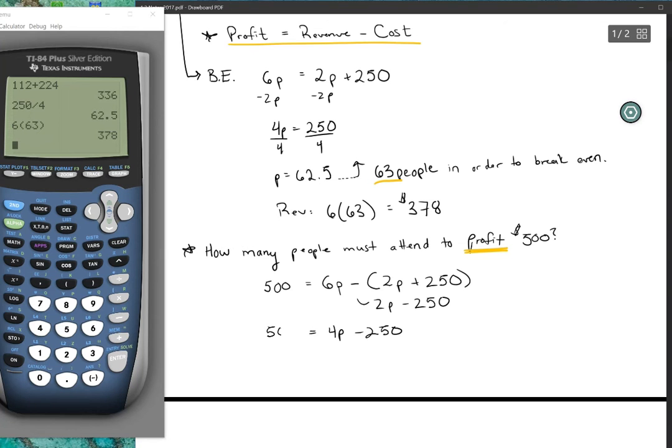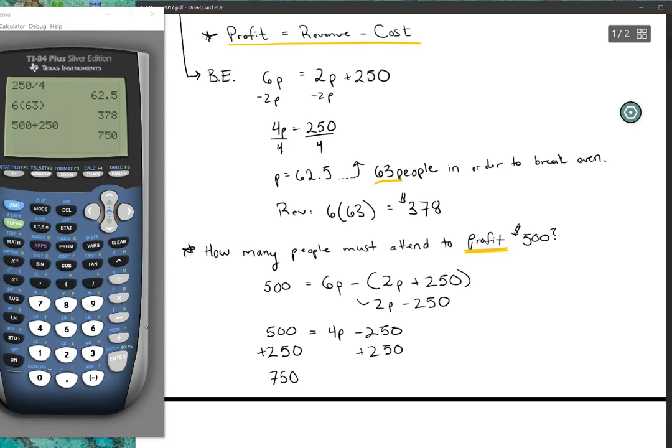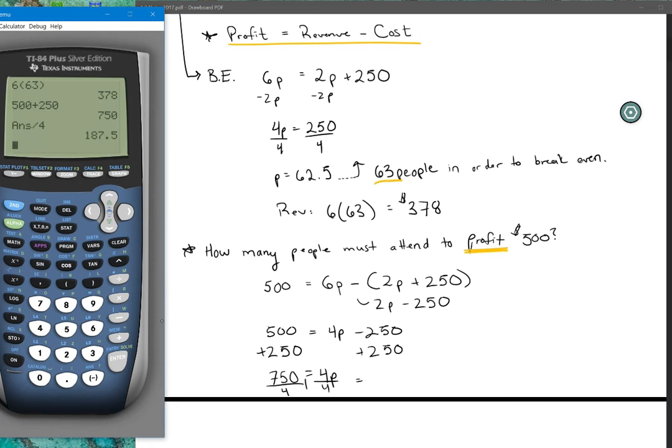Okay, so in order to make that 500, we essentially also need to make up the 250. So 500 plus 250, and that's going to equal 750, or just equals 4 times p. And if we divide by 4, we would then need about 187.5, or round up 188 guests